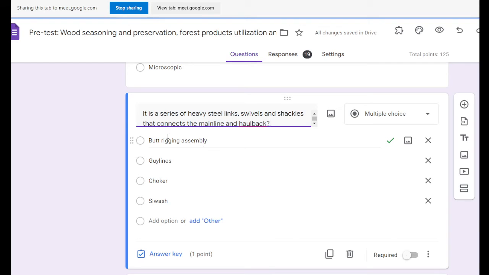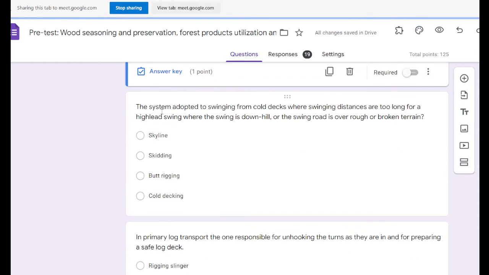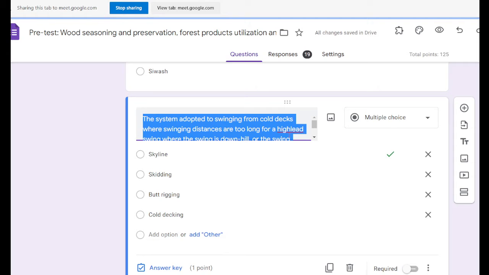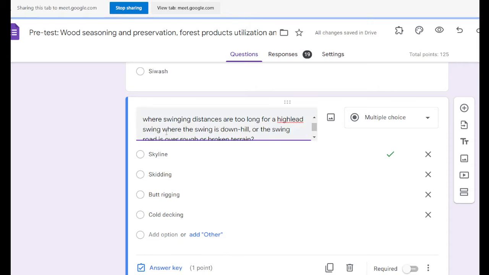terminologies. Okay, a series of heavy steel links, swivels, and shackles that connects the main line and holdback. So that is a butt rigging assembly. Next, the system adapted to swinging from cold decks where swinging distances are too long for a high lead swing, where the swing is downhill or the swing road is over rough or broken terrain. So the answer for this question is skyline. Okay? So be familiar with this